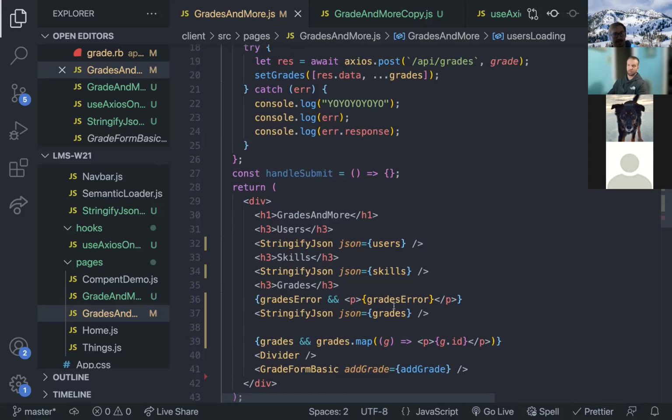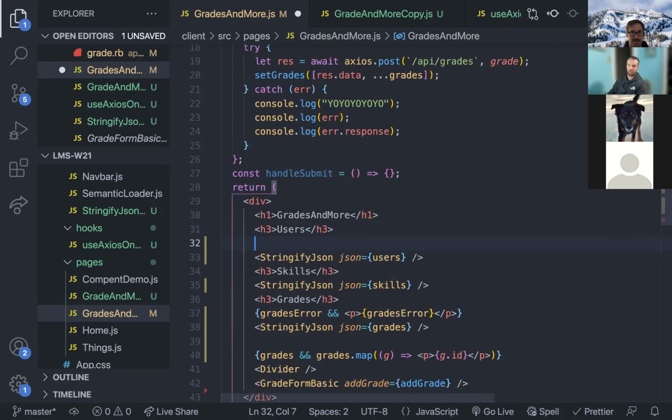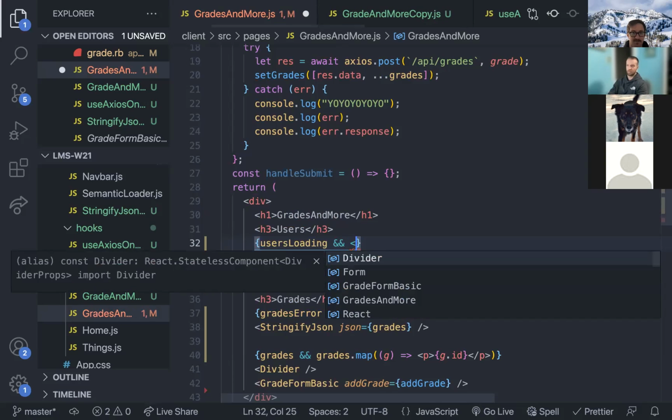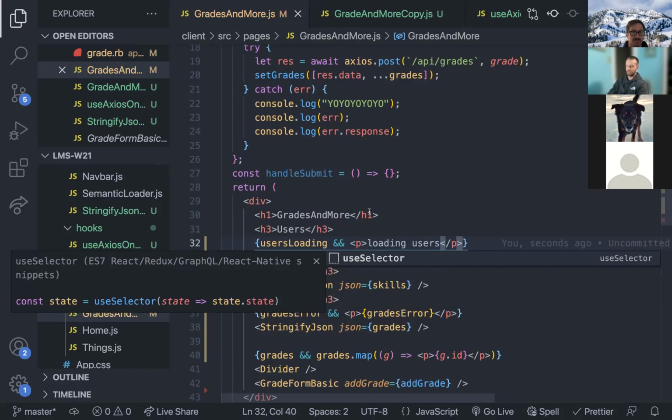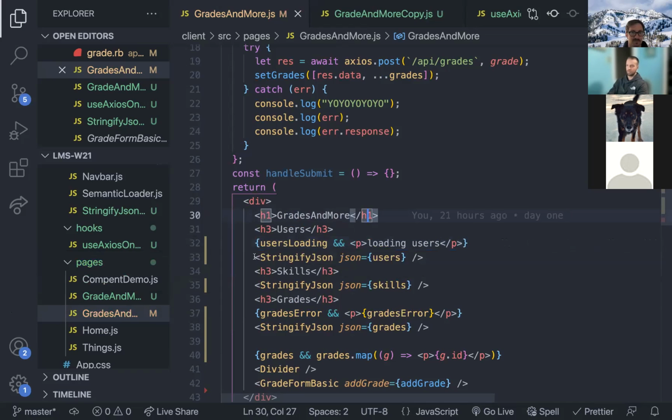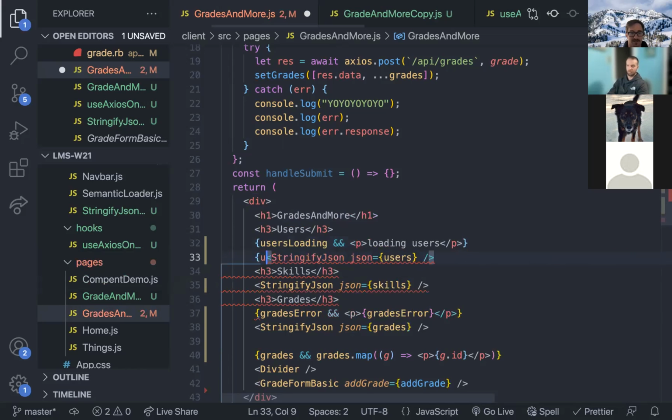And then something like this. I could have some UI that's like users loading and could also maybe do an and here, like users and